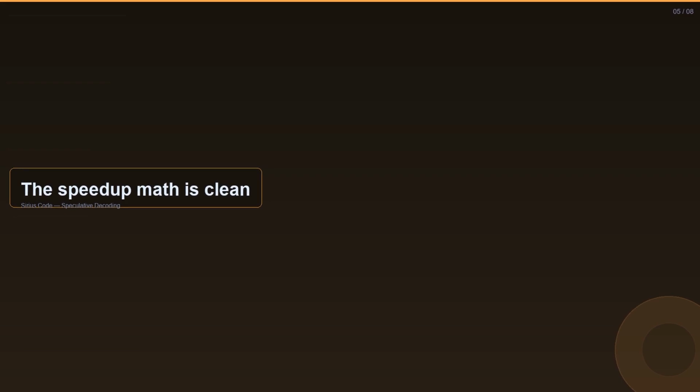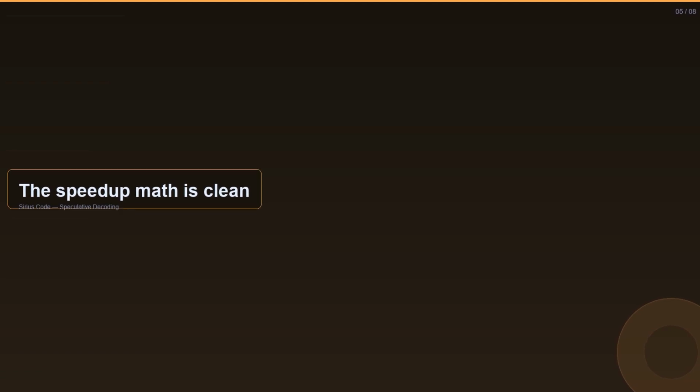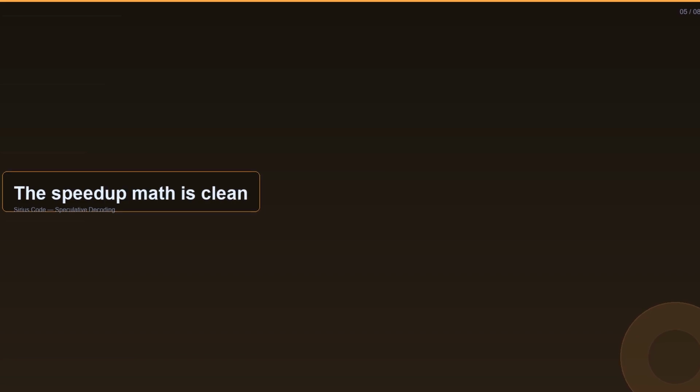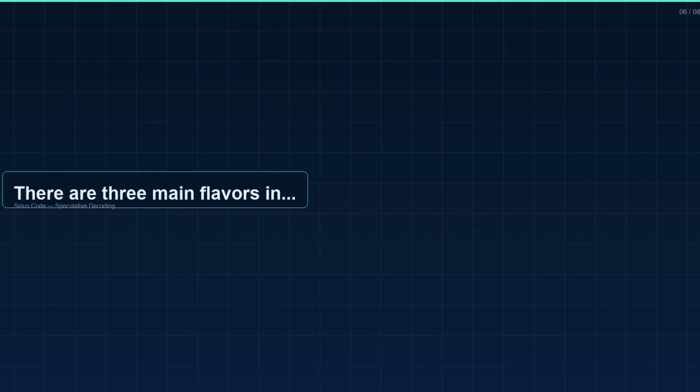The third, and the one I'm most excited about, is diffusion-style speculative decoding. This is what Google just shipped on TPUs in 2026 with DFlash. Instead of generating tokens one at a time, the draft model generates the whole block of tokens in parallel using a block diffusion architecture. And the big model verifies the block. The acceptance rate is much higher. Google reports 3x speedup on production TPU workloads with no quality regression.